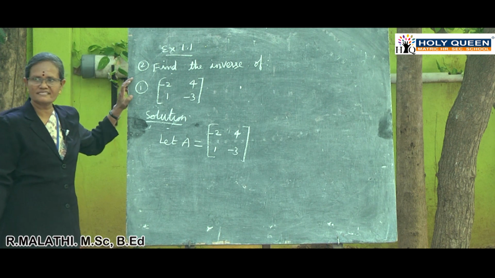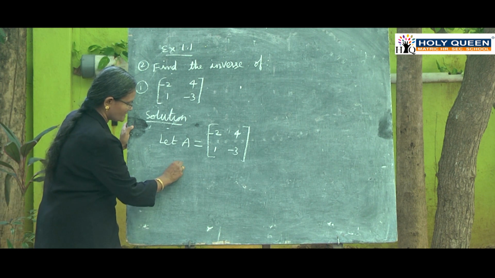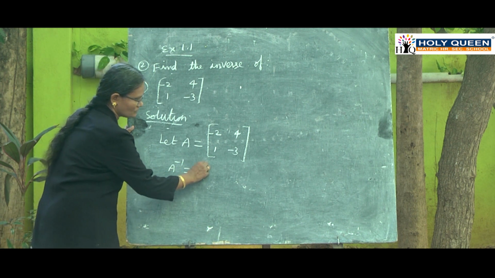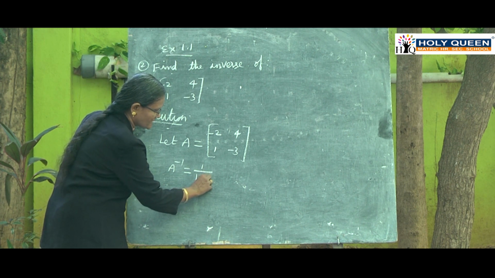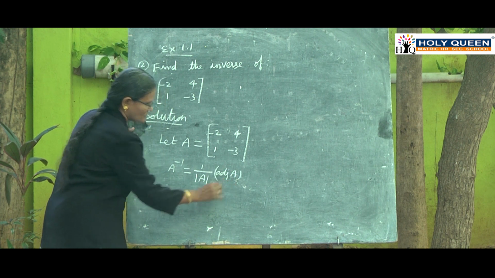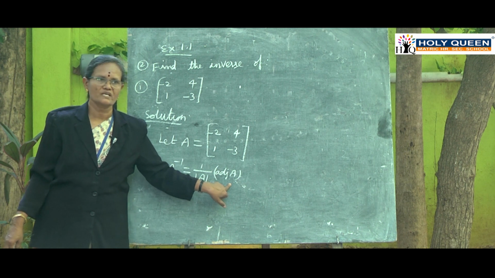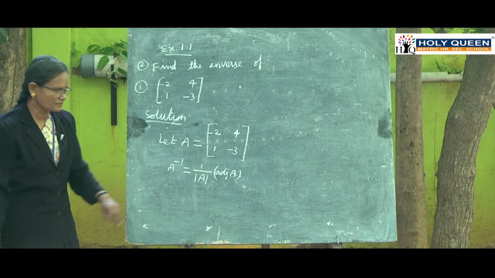What is the question asking here? Find the inverse of the given matrix. What is the formula for inverse? A inverse is equal to 1 divided by determinant of A into adj of A. How can we calculate a determinant value? Determinant of A,